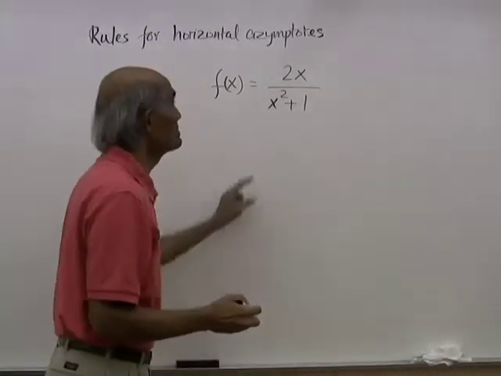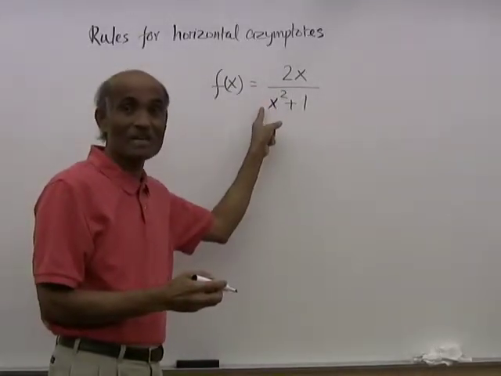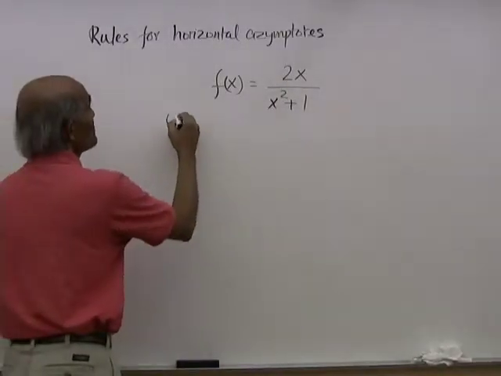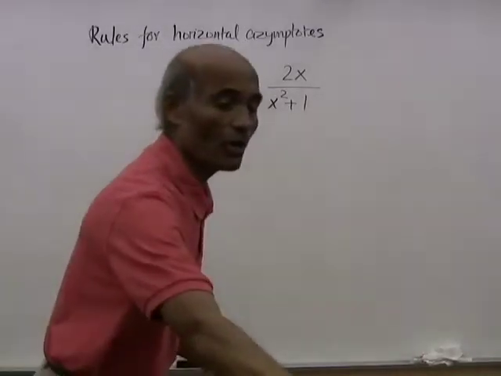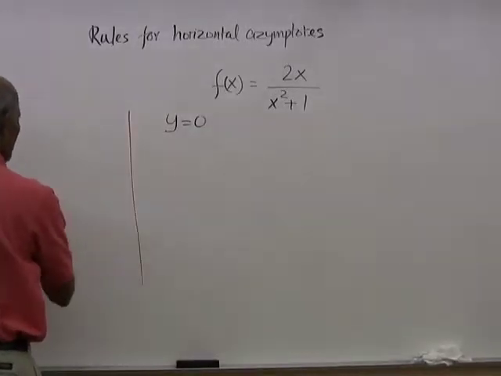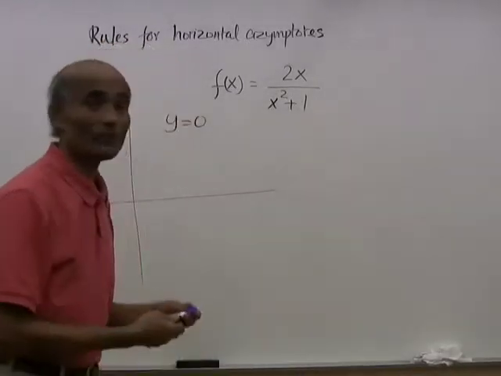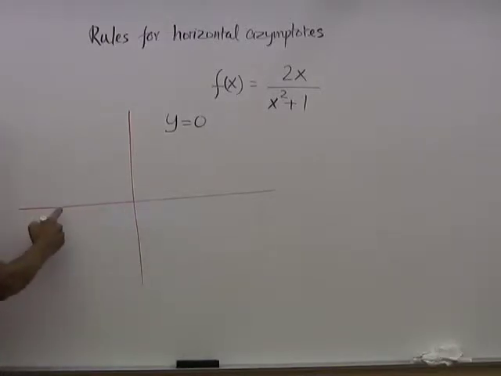And what is the horizontal asymptote? The denominator has a greater degree than the numerator, therefore the horizontal asymptote is y equal to 0. And therefore, how does the graph look? Well, approximately, we're going to sketch it. How does this graph actually look? Well, for very large values of x toward negative infinity, the graph will be very close to 0, and as x gets very